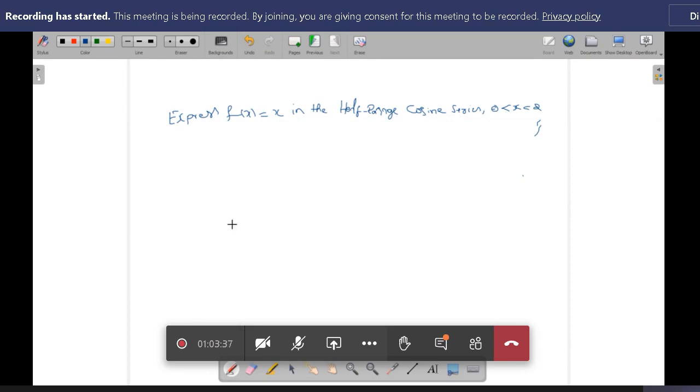So here it is defined, we wish to express this given function in the half range cosine series. The definition for half range cosine series is that we have